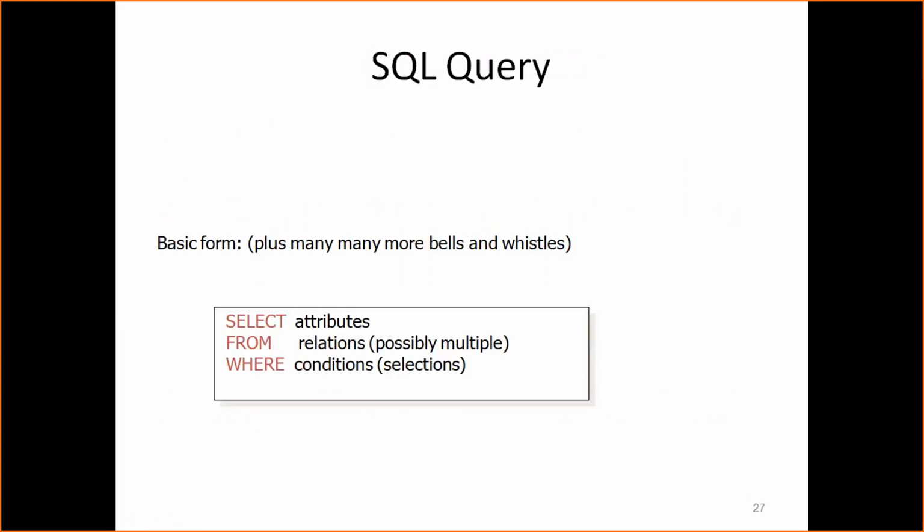So this is a simple structure for an SQL query. Select attributes, which means which columns you want to display, followed by from and the table names, which means from which tables you want to display the data. The where condition filters rows, so which rows you want to select. Only the rows matching the condition you specified are selected, and from those rows, the attributes you want to display are specified in the select part.